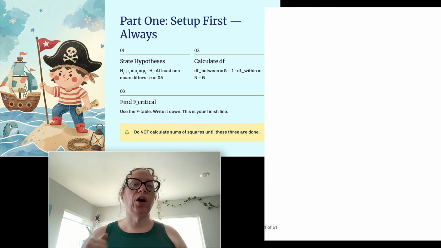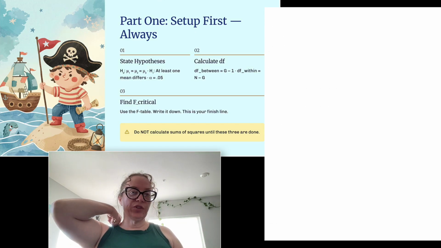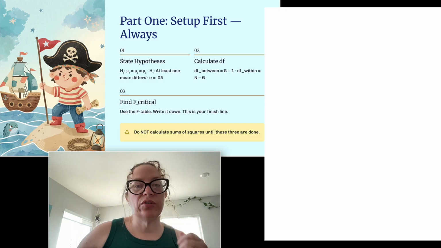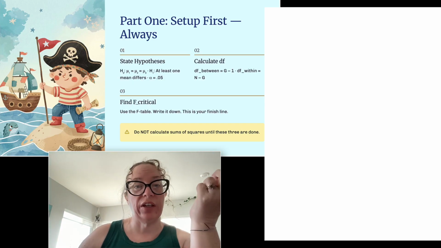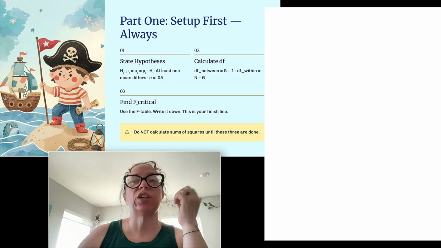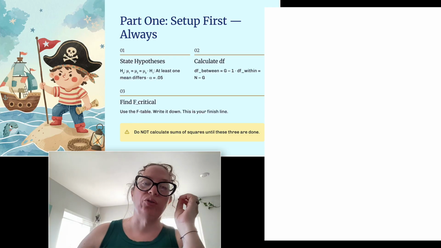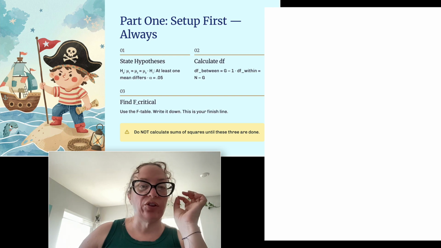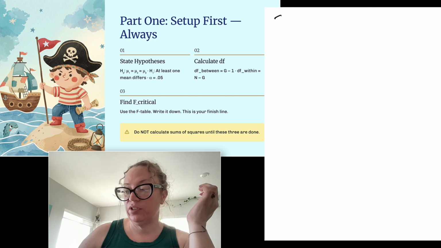All right, so part 1. Before you compute a single sum of squares, you have to do 3 things, and this is non-negotiable. Most calculation errors happen because students skip this step and they jump straight to the math, okay? So these are like the 3 prior steps. So this is step